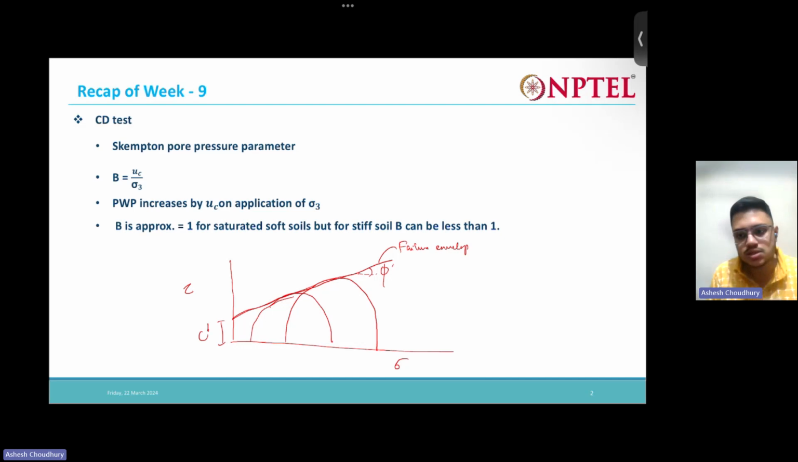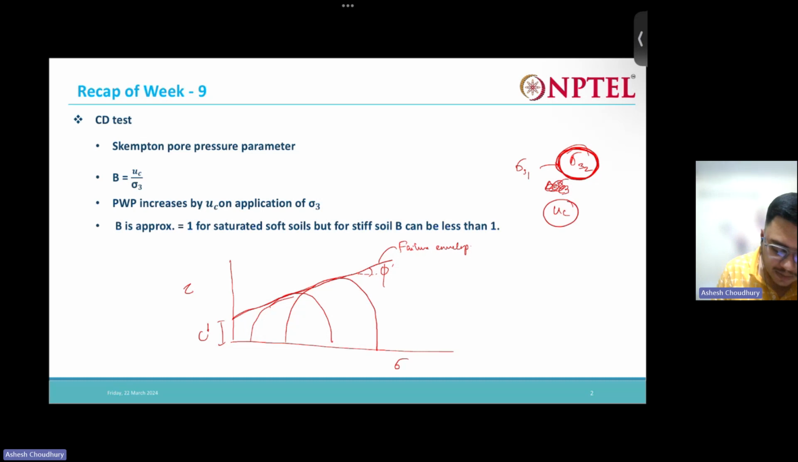The pore water pressure is going to increase, isn't it? So what we are going to do is measure this ratio. Say first sigma 3 was sigma 3 1, then you are changing this sigma 3 to sigma 3 2, increasing. So now this change in pore water pressure, this extra amount of increment in the cell pressure that you are giving,